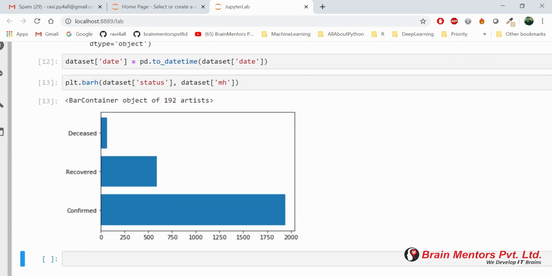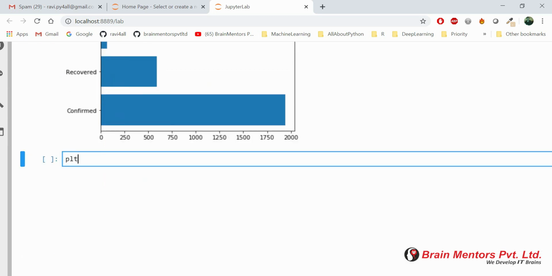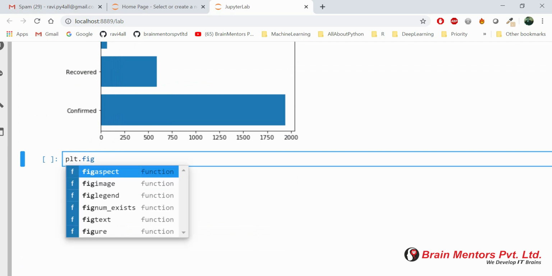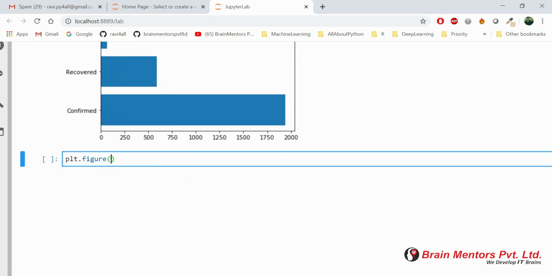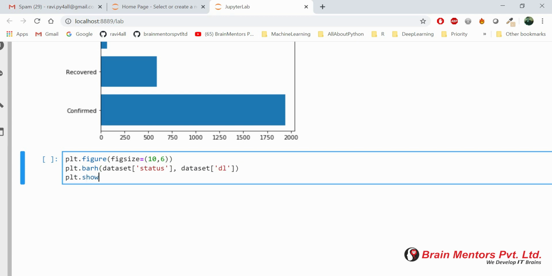So finally you can see that these are the confirmed cases, these are the recovered cases, these are the deceased cases right now in Maharashtra of coronavirus. And then we will do one more thing, plt.figure, and inside figure I will just pass figsize, if you want to draw a large graph. These are in inches, plt.figure figsize is 10 by 6, and instead of MH this time I'm writing Delhi,